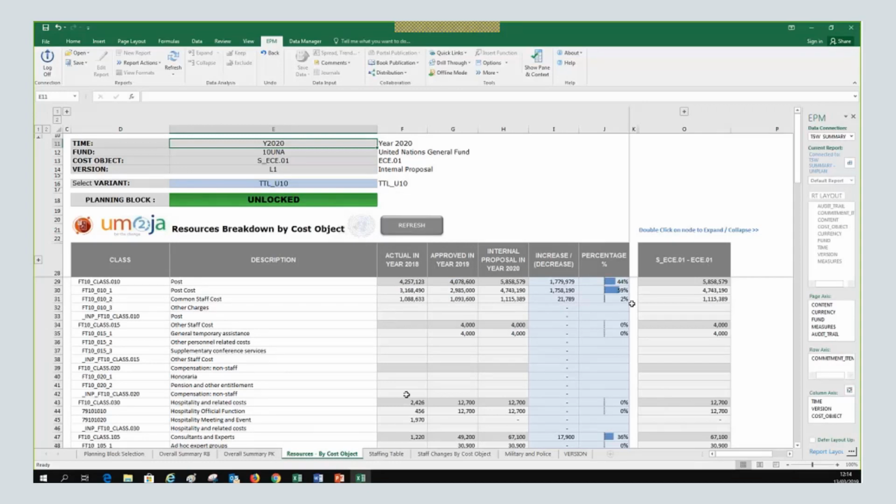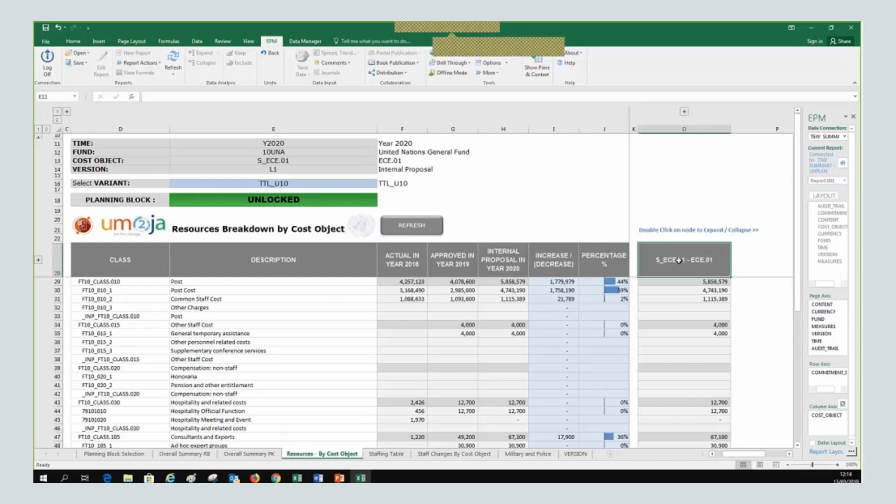Now, I have been telling you, you don't see the cost center, so how do you display it? And this is something that the approver will not realize if you don't tell him, or if he is not listening to this. You have to double click on the entity to get the cost centers extended. The message says double click on the node to expand or collapse, which means this is the node. So if we double click here, the form will expand the area.